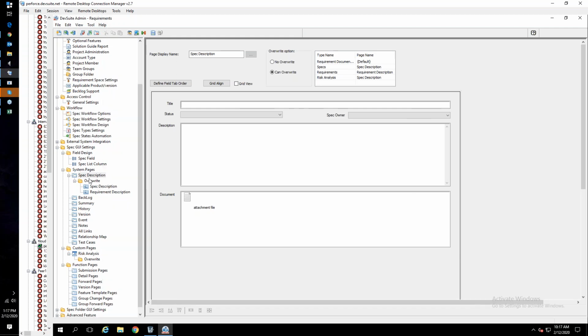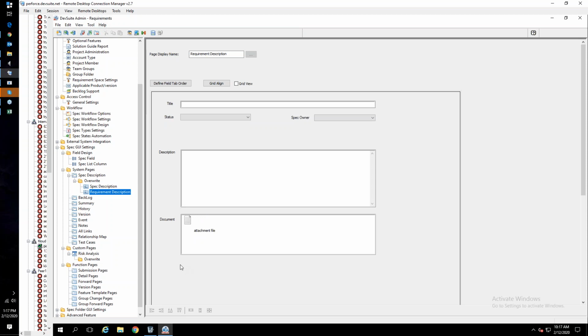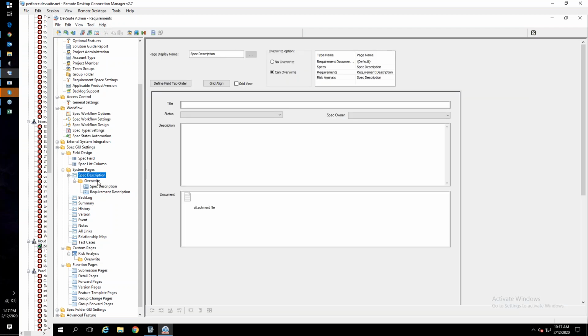So under system pages, this is my description page right here. And over here, you have this option, can overwrite. So basically what I did is I created two different pages for the description. So this one is the requirements, it doesn't have those fields that the specs do. Okay, so the specs has that component, interface, etc. And then I would go over to the override option, which is on the top right here, overwrite, and then